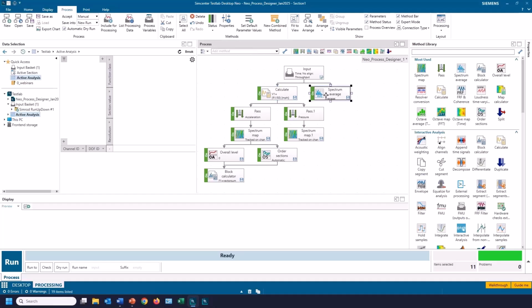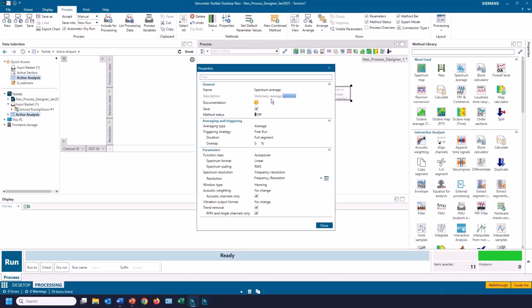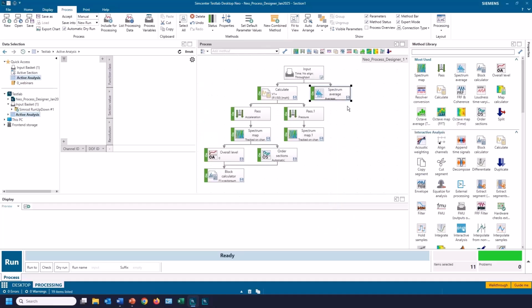Status, if I wanted to turn something off, I can either double click, or I can go to the properties and change it here. Or I could highlight it and change the status here and turn that item off or on, or I could bypass it. The properties I talked about, that's getting the dialog. If I want, I can pick an item and set the default parameters.